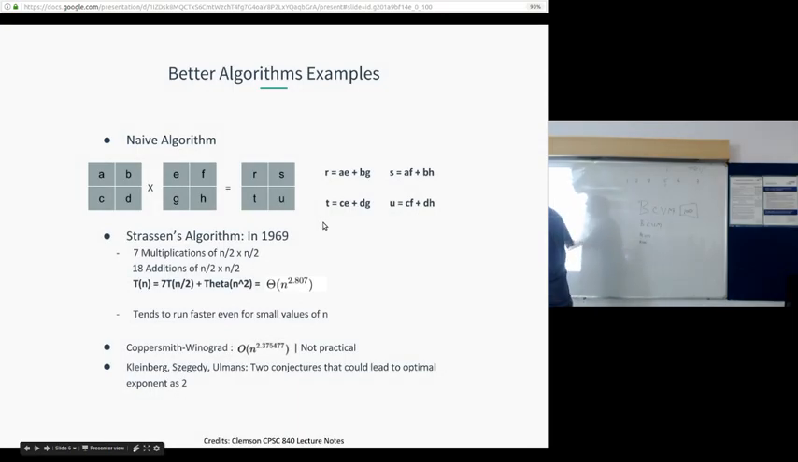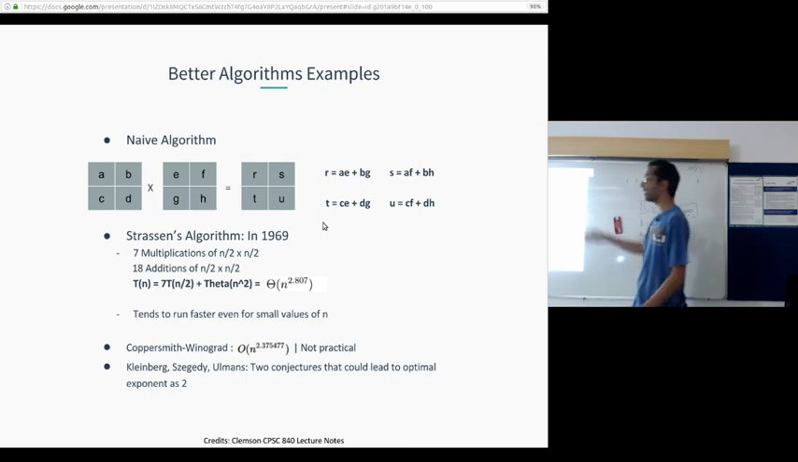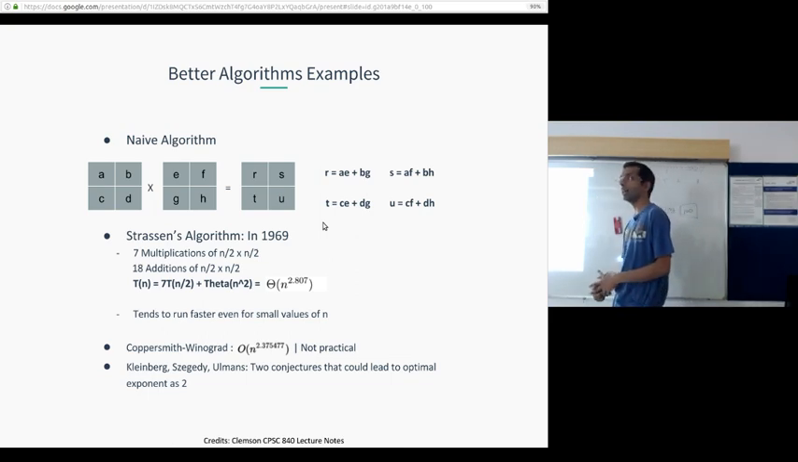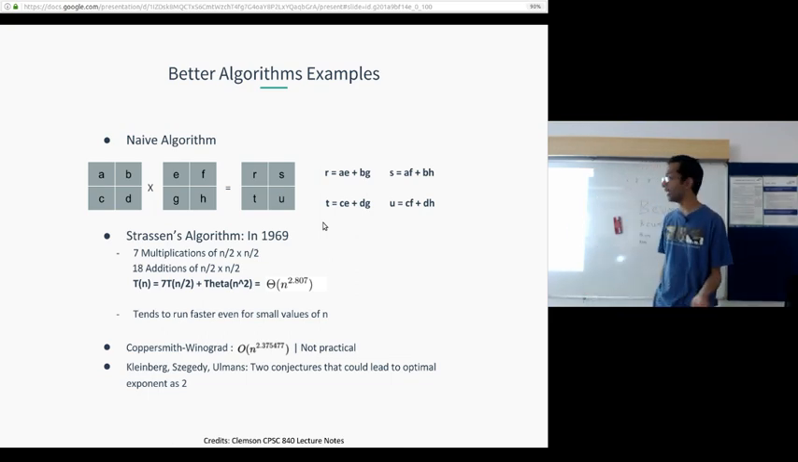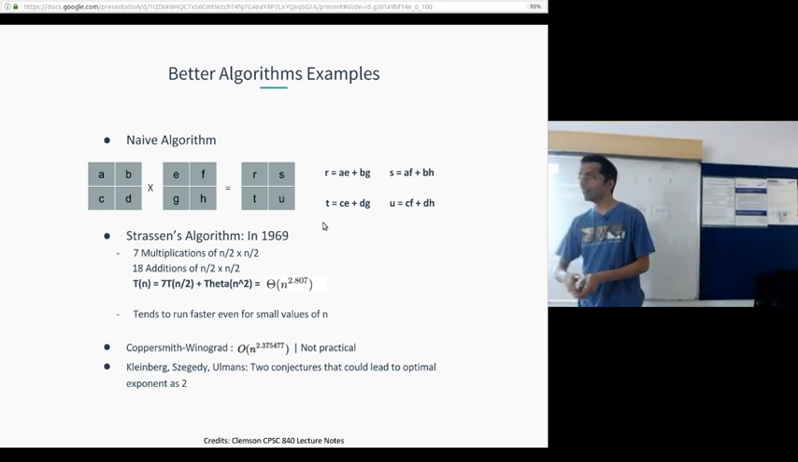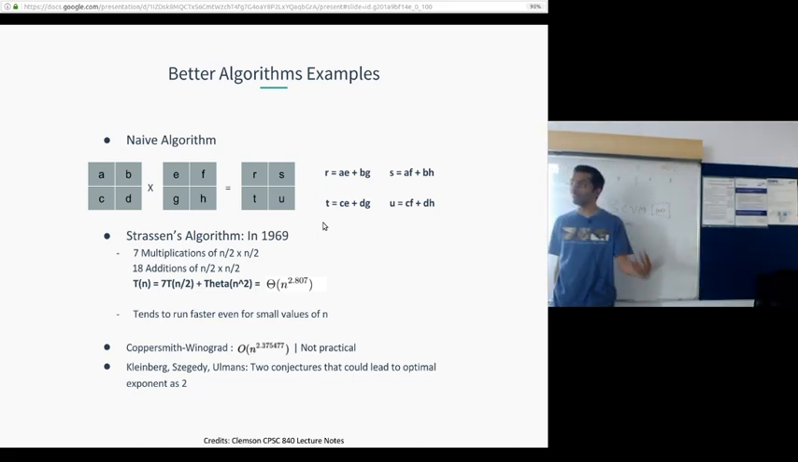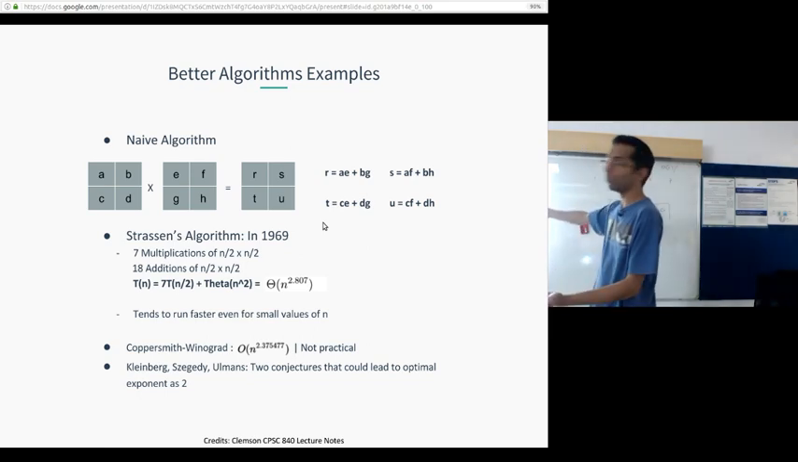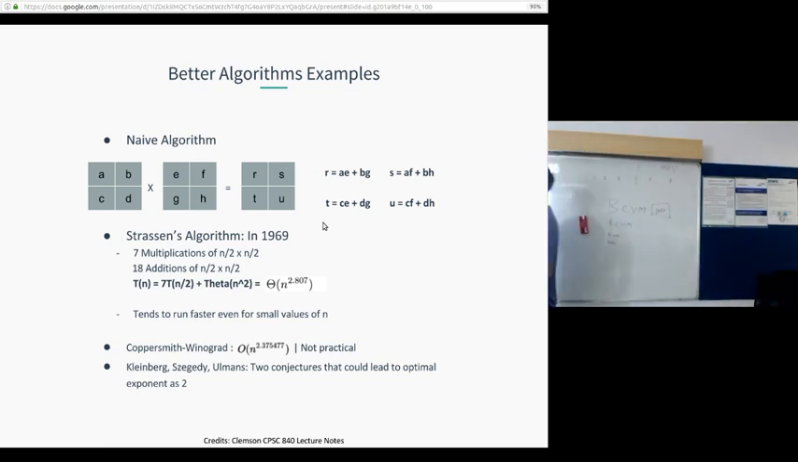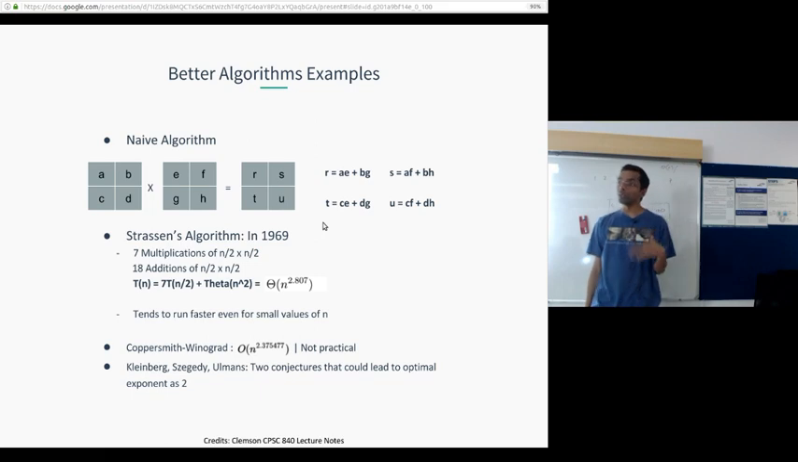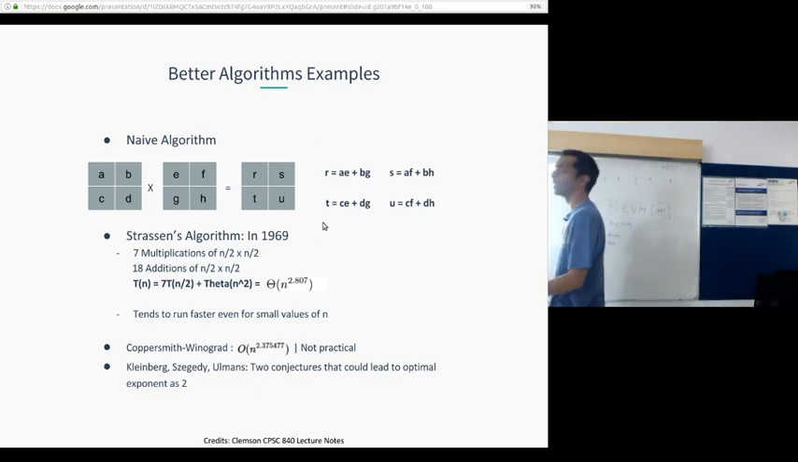So now the naive algorithm we described, right? What this person called Strassen did in 1969 was that he changed the multiplications to 7 of them, and the additions increased by quite a bit, right? But it actually turns out that the algorithm is much more efficient, okay? And when you do the master method and you solve it,